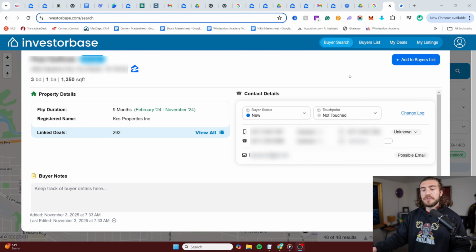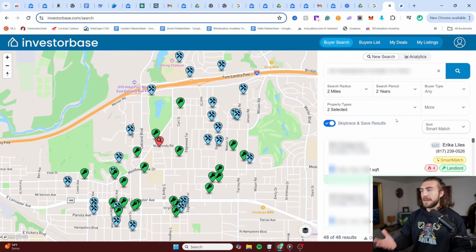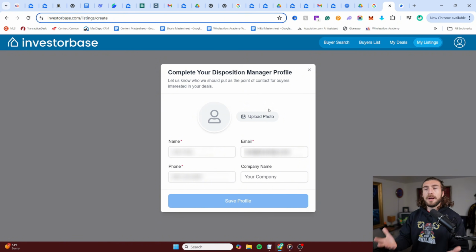So I don't want to jump to conclusions on Investorbase's phone numbers, but I will say Investorlift's phone numbers are super good because they're actually authenticated. So the numbers are incredibly accurate. I just pick up my cell phone and someone usually answers. I also did not thoroughly test out Investorbase's Smart Match AI, and I want to give that a shot in the future. And last but not least, when it comes to creating listings on Investorbase, although I really like the